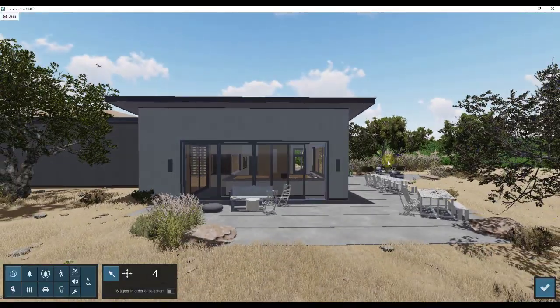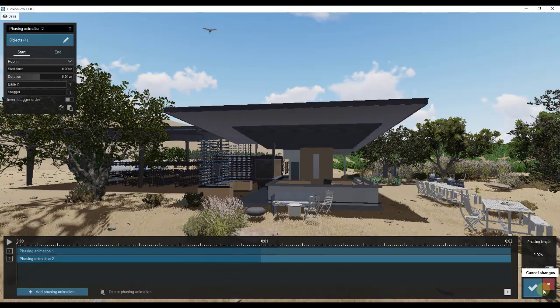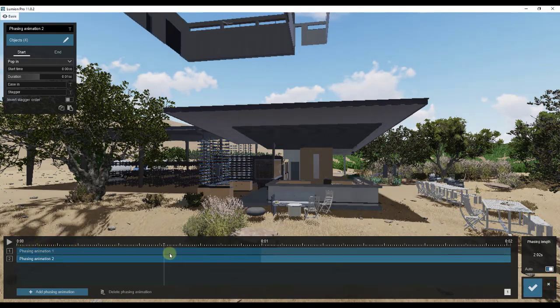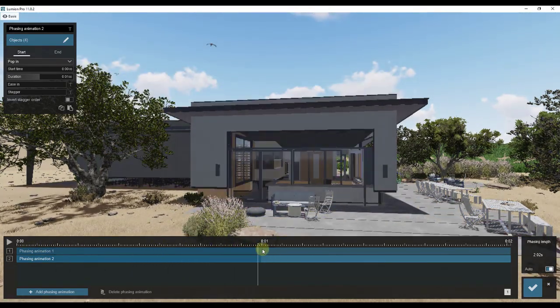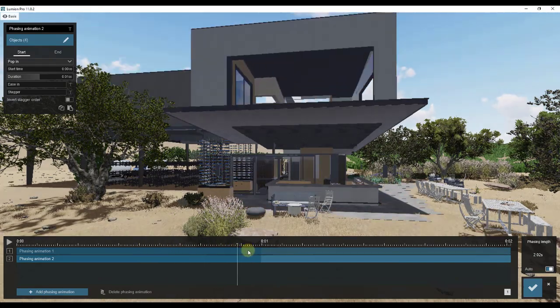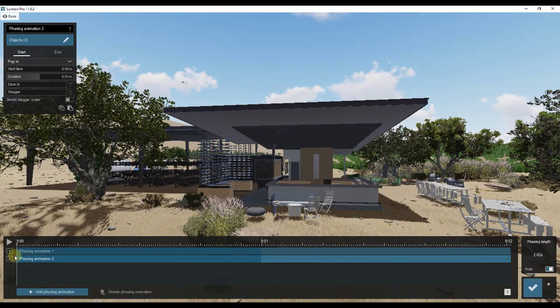All right, so now we have our windows selected. So what we're going to do is click on Save Changes. And when we save our changes, now you can see that not only are our walls going to drop in, but our windows will drop in as well. And somehow I selected the ground in here, and I guess that's okay. We can kind of leave it as is. But let's look at some options for how we can adjust these down here.